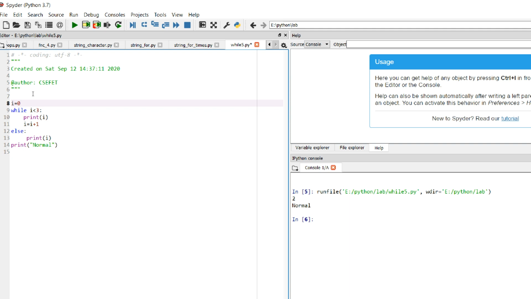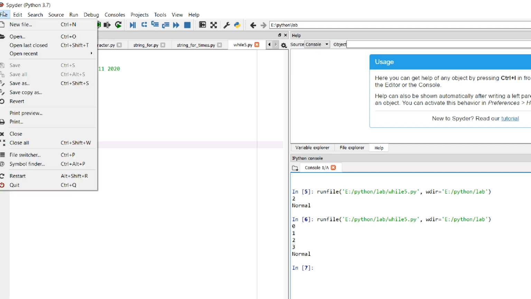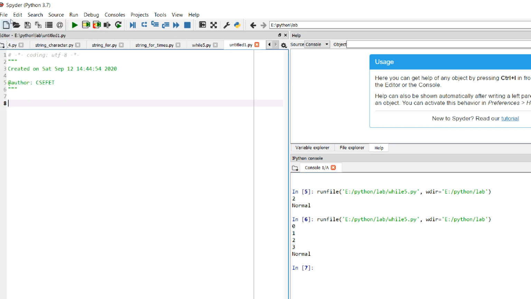As soon as I becomes 3, it comes out of the loop and then it prints this I and then it prints the normal. Okay, so it will remain in the while loop as long as the condition is true, and as soon as the condition becomes false, it goes to the else statement. So while else is also a statement which is used in Python. So this 3 in the output is printed because of this else, though we could have printed this without using an else also.